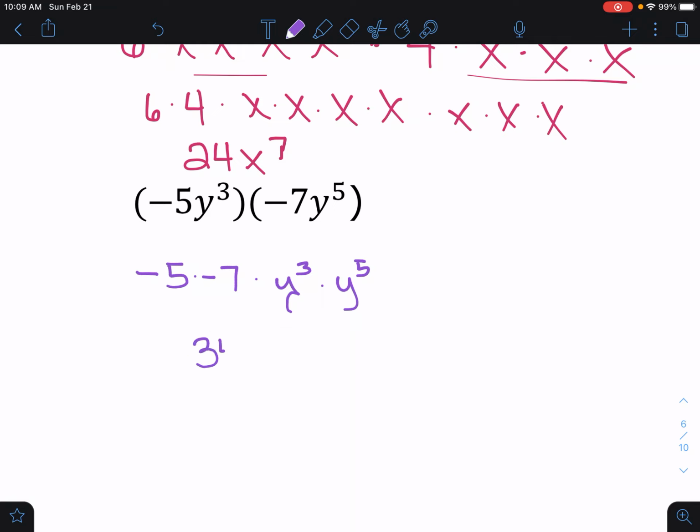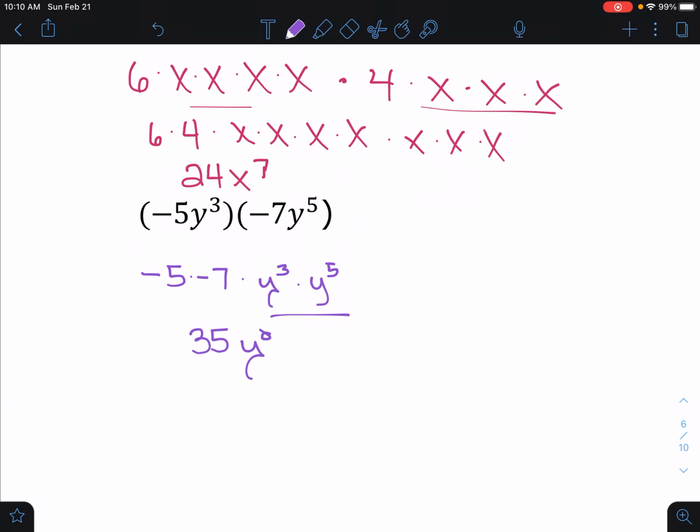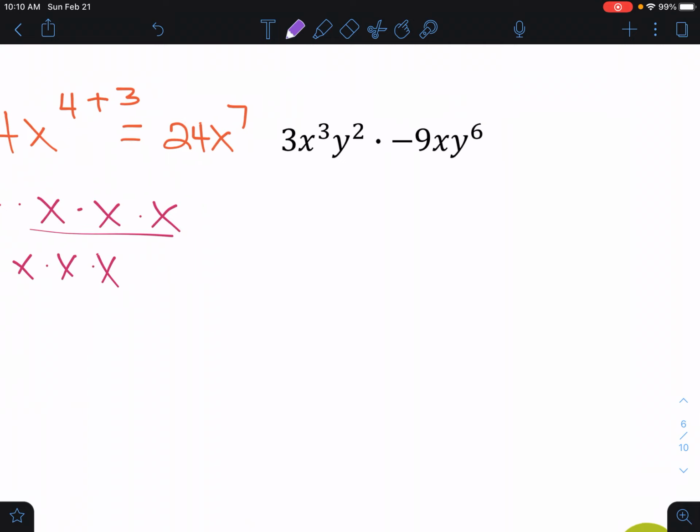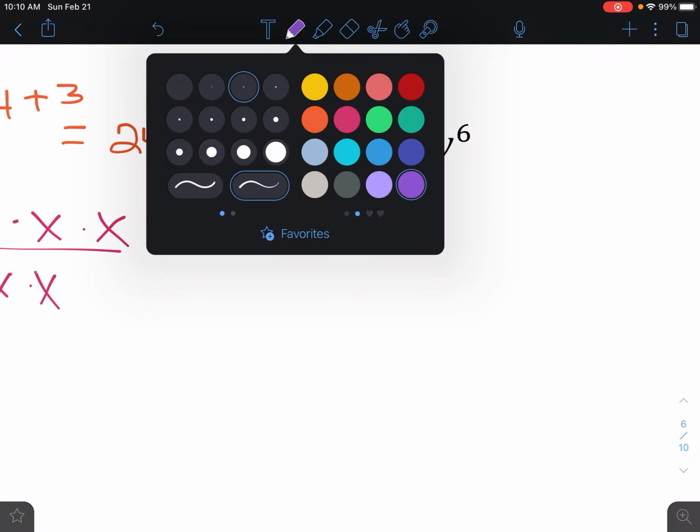So what does that mean? 35 times y to the 8th power. Okay, so I hope that makes some sense. So now let's take a look at this. This kind of problem here,